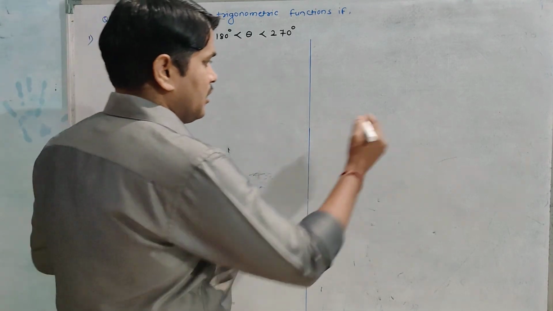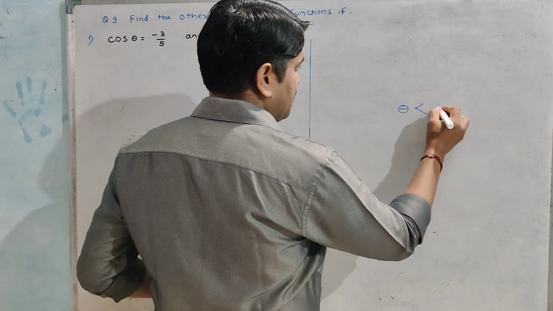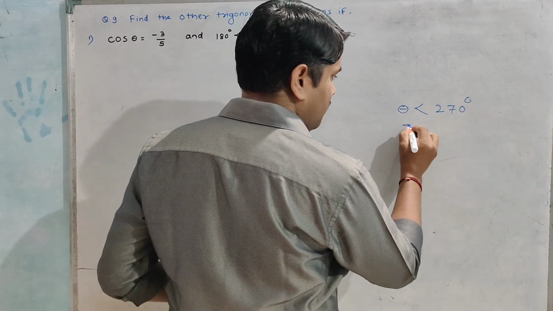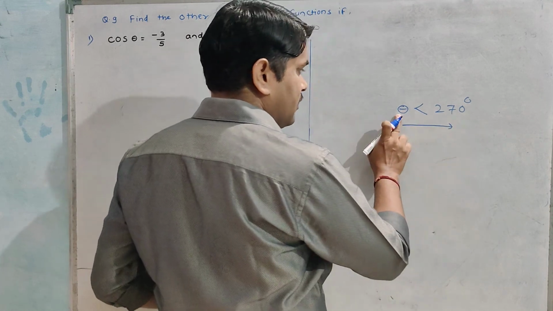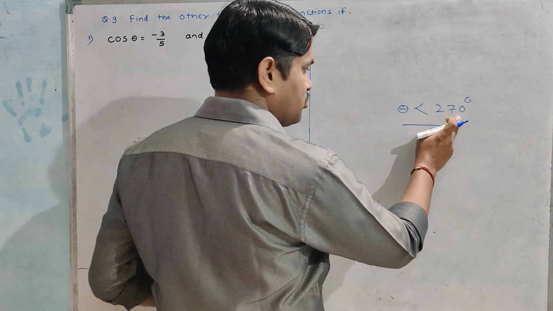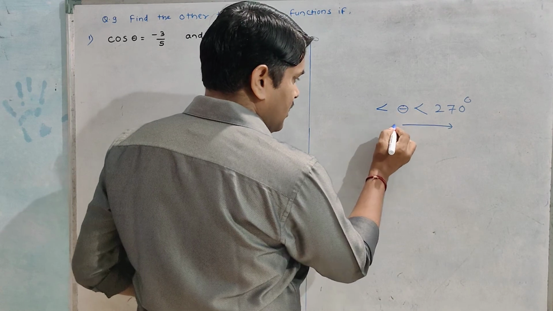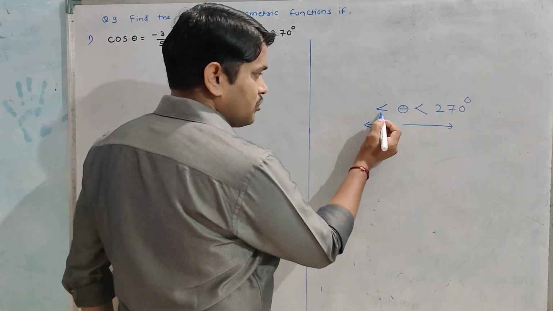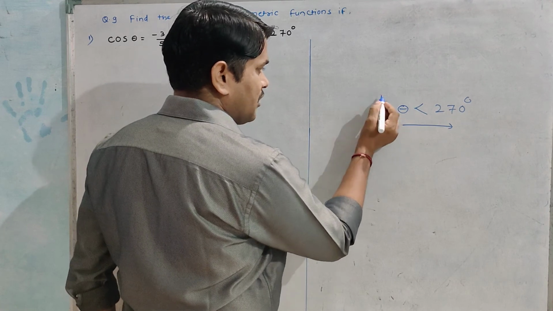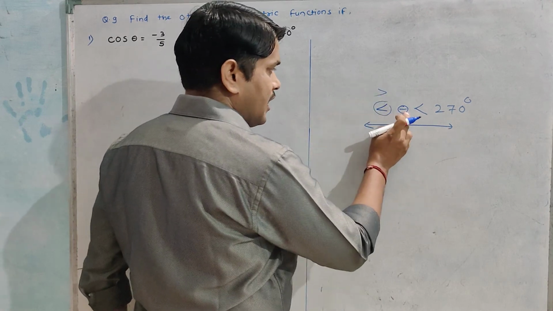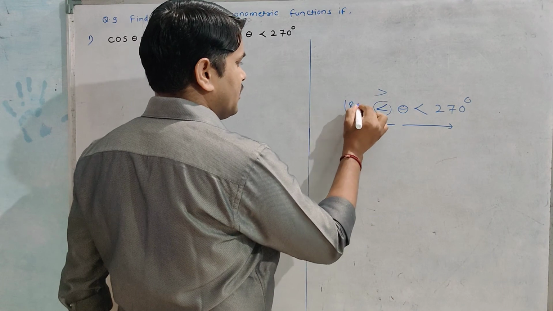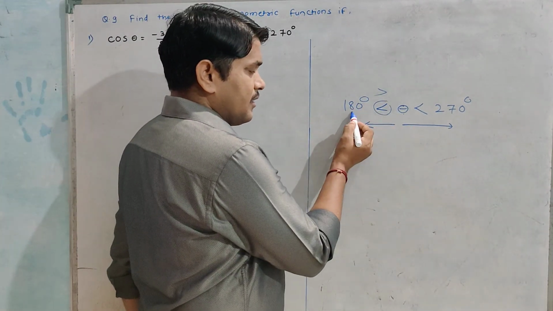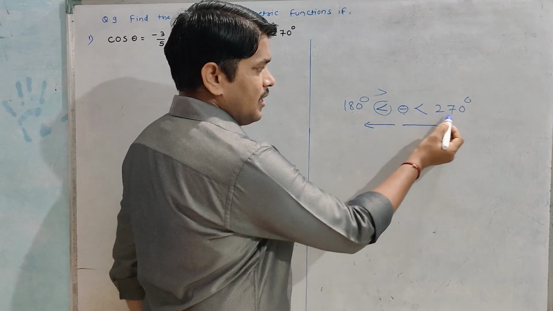Okay, कसं केलं तर suppose this theta is less than 270 degree. Okay, when we are reading from left to right, then theta is less than 270 degree. But if we are reading from opposite side, that is from right to left, so this sign gets inverted. याला आपण काय तो चेंज केला जातो. So theta is greater than 180 degree. समजलं कसं रीड करायचं? Theta is greater than 180 degree and theta is less than 270.